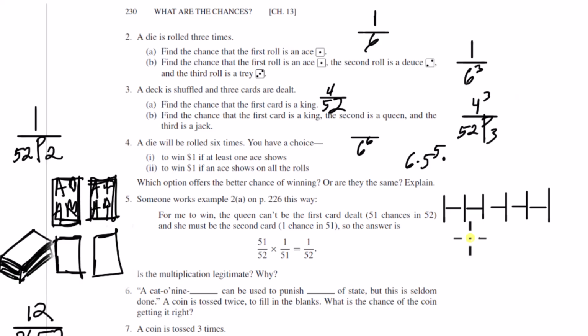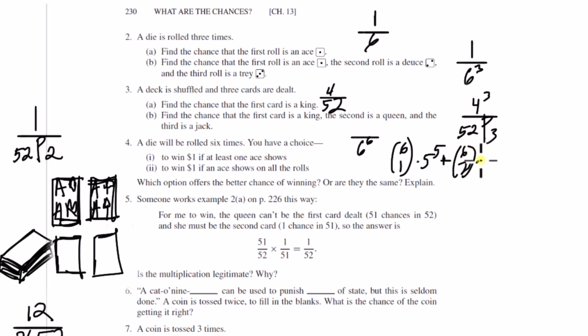The 6 slots to put the 2 aces in, where order doesn't matter. So it would be 6 choose 2, that's what? Well, let me just do this. It would be 6 choose 1 plus 6 choose 2 plus 6 choose, or it would be 5 to the 4th? No, 5 to the 5th. Plus 6 choose 3. So you could factor out a 5 to the 5th and just do 6 choose 1 plus 6 choose 2. But we don't need to do it because we know that